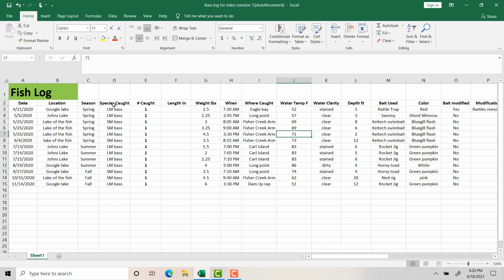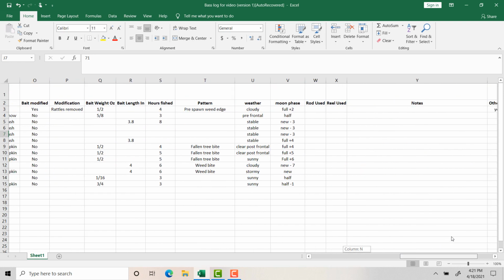The species caught, that's simply what you caught, whether it was a largemouth bass or a brook trout, whatever you want to put in here as far as species caught. Now you might only be interested in certain species to learn what you're going to learn from this. So you could always put in the species that you're most interested in. With me, my log revolves around bass, largemouth, smallmouths, and also striped bass because I want to learn more about how to catch those. And so anything else I usually would not record in the species caught, but what I do instead